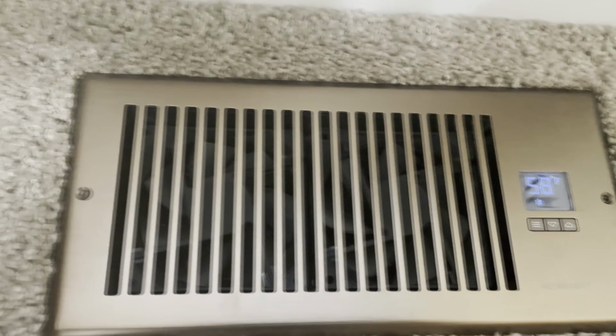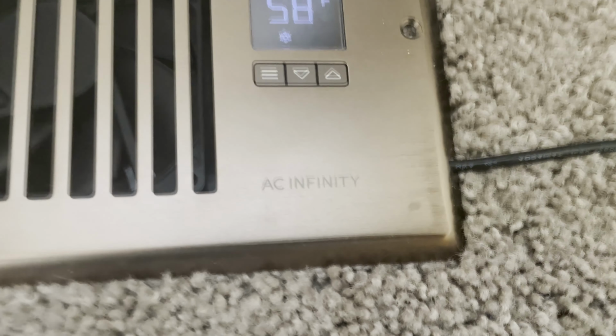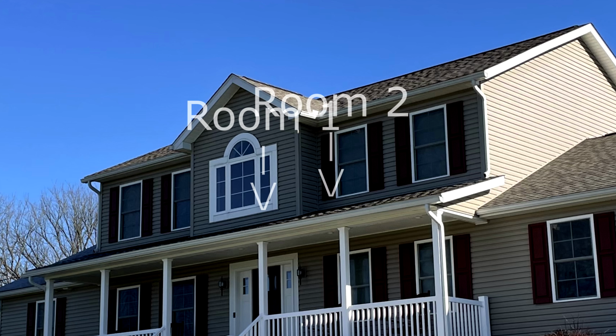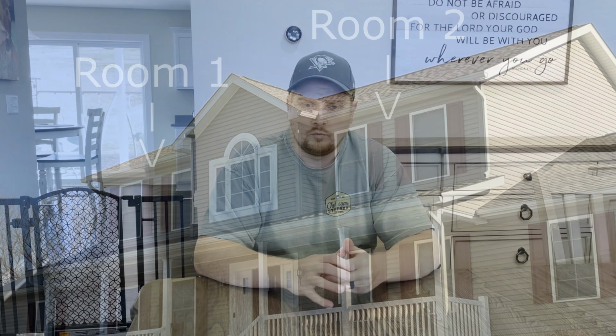And we first tried putting this in our son's room. Upstairs we have 3 bedrooms, and this is actually a master down floor plan. So our master bedroom is on the first floor, and then there's 3 bedrooms upstairs. Two of which, including our son's room, are identical mirror images of each other. So when we put that AC Infinity vent in that room, we were able to scientifically look at the temperature differences between room 1 and room 2 and tell that the AC Infinity register booster was actually making